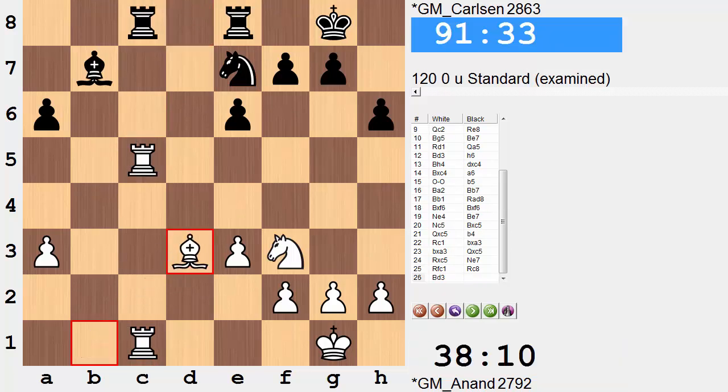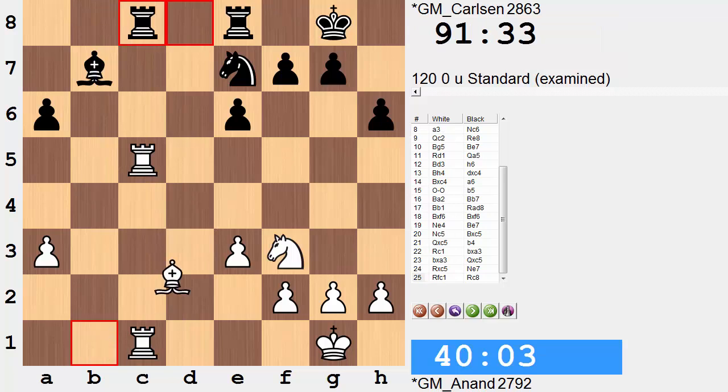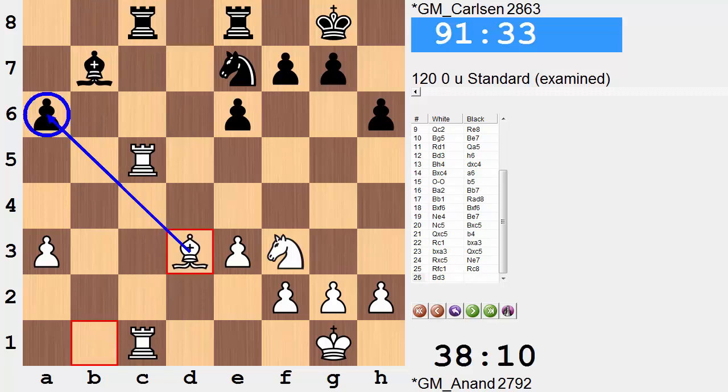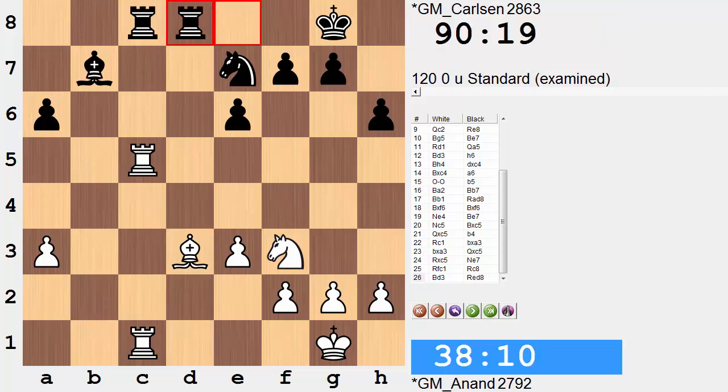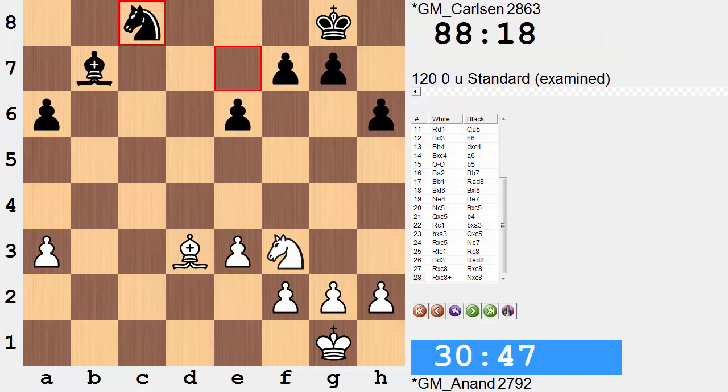It's quite typical when there are 3 open files, and in this position it's likely that both sets of rooks are exchanged, and they are indeed exchanged in this one. After bishop d3, that's just a slight improvement of the bishop's position. Rook to d8. Both sets of rooks are exchanged. The knight recaptures, and now the one concern on the black side is a knight yet again trying to arrive